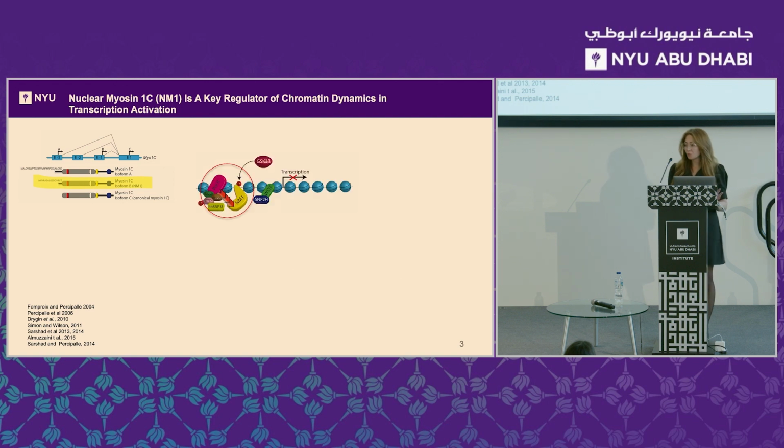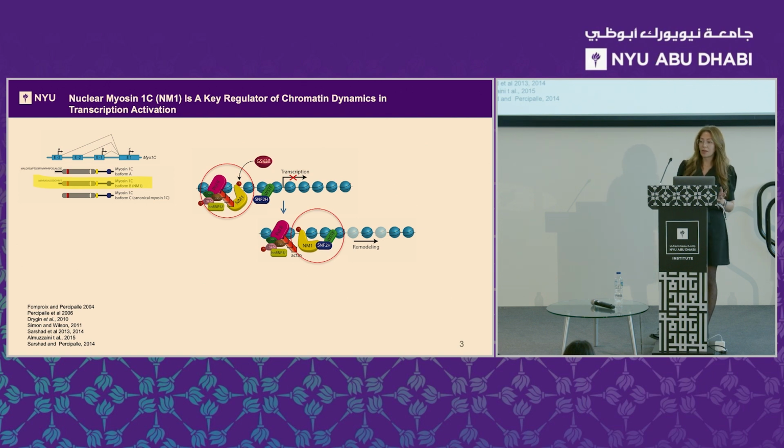And the way that it works is that it's binding to the transcription start site in a GSK3 beta dependent manner, and following this, there is assembly of the chromatin remodeling complex B-WICH, and with the onset of this chromatin remodeling complex, histone modifiers like CBP or PCAF can initiate the transcription in presence of NM1. So this is like a global role for NM1 in gene regulation. And recently we showed that